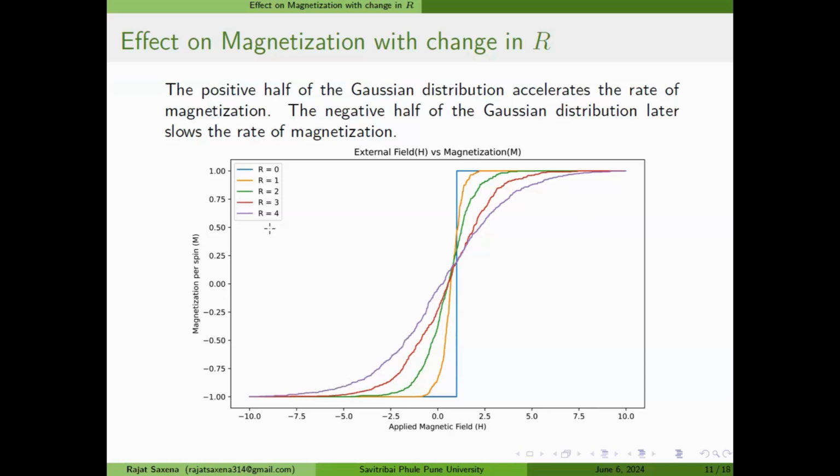As you can see, for R equals 4, that's the highest standard deviation, the magnetization starts at even very low values of external field. However, for lower values like R equals 1, it happens very late. So the positive half of the Gaussian accelerates the magnetization process. However, the negative half of the Gaussian slows it down. What you can see is the material starts magnetizing very fast, but it fully magnetizes or saturates very late. So this is the effect the positive half and the negative half of the Gaussian have